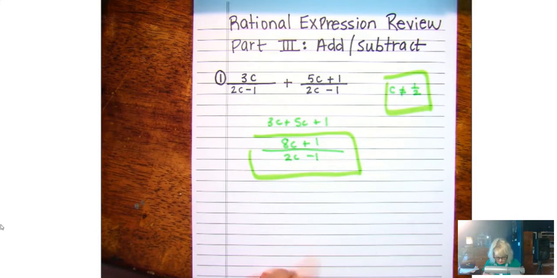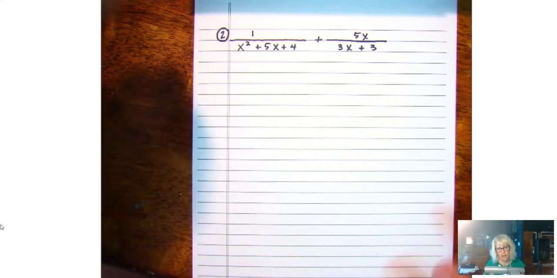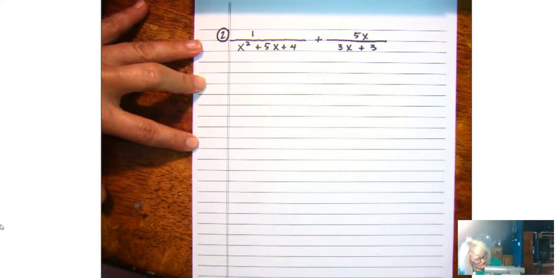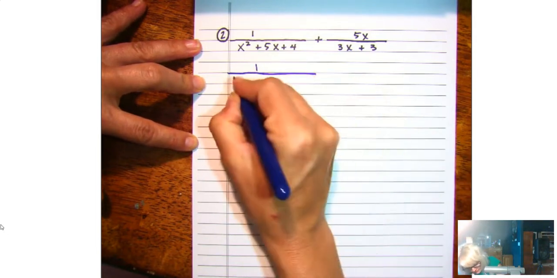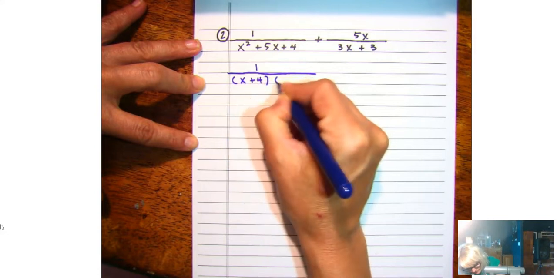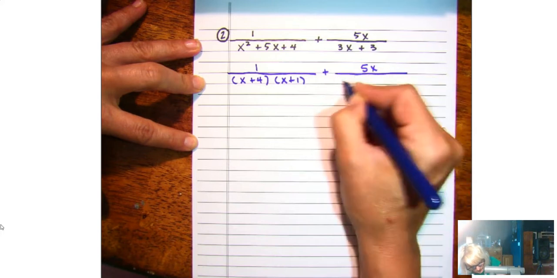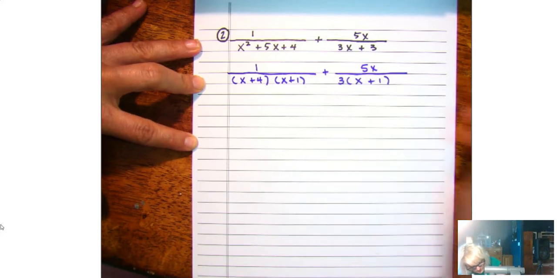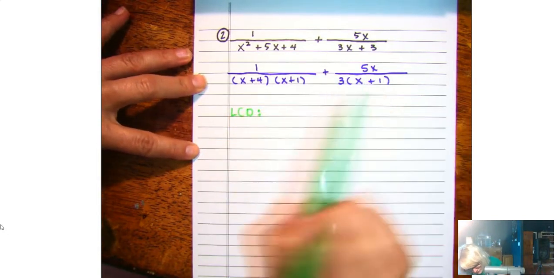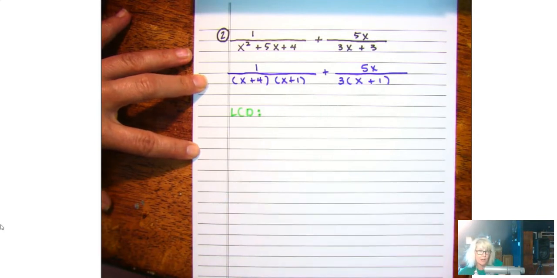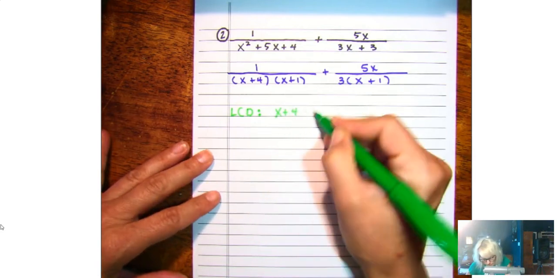Let's take a look at number two. I just want to remind you guys, if I go fast, you can always hit the pause button. So our first thing is we are going to factor. The top is already factored, so I'm just going to focus on the bottom. I'm going to recopy the second fraction, and the only thing I can really take out is a 3. So remember the LCD. What you're going to do for the LCD is copy the first denominator exactly how it is. So we are going to recopy x plus 4, x plus 1,